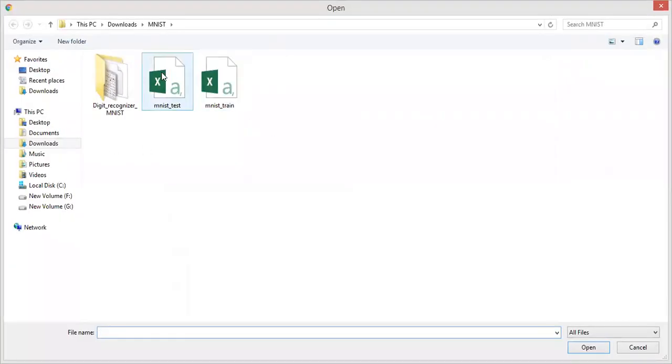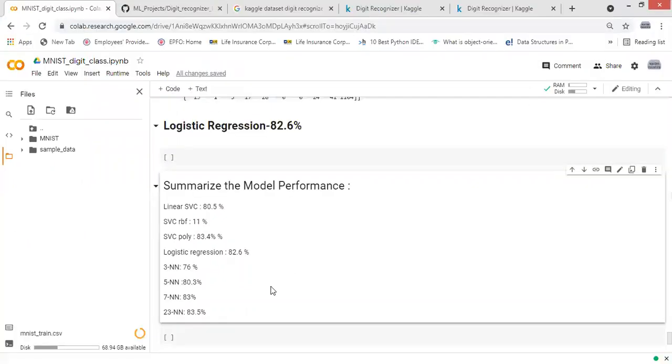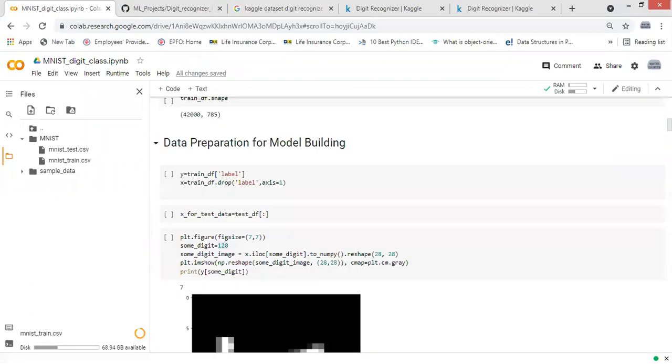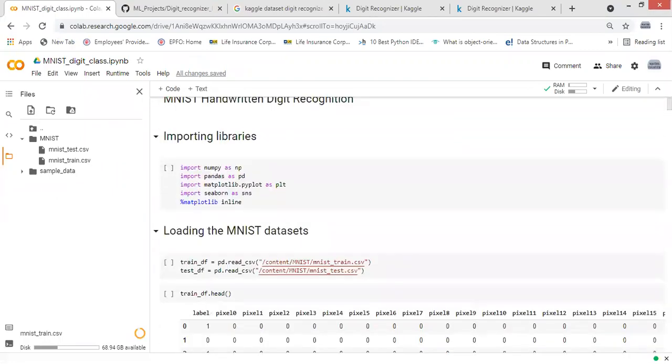When I click upload, I get the files stored in my system: the test and train datasets in the form of CSV files. I have uploaded them, and you can see here that the test and train sets are uploaded. In this way I have uploaded the dataset into my Google Colab.